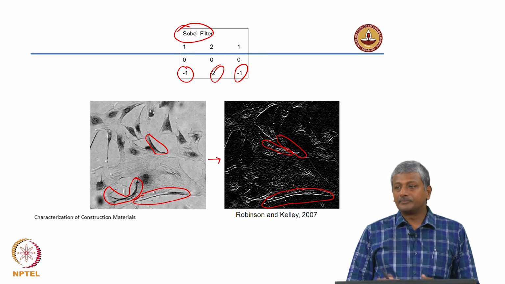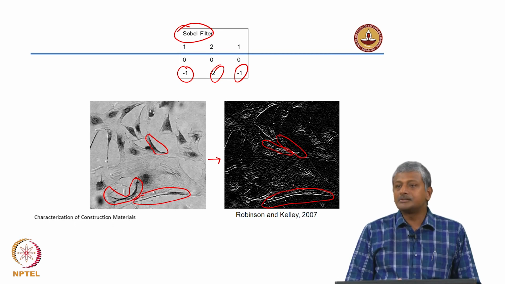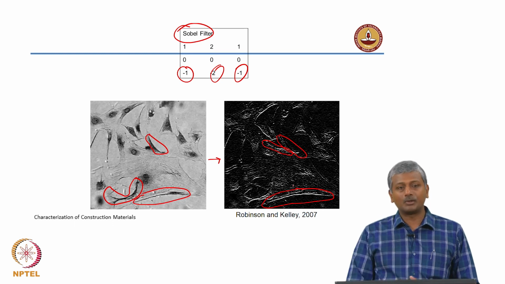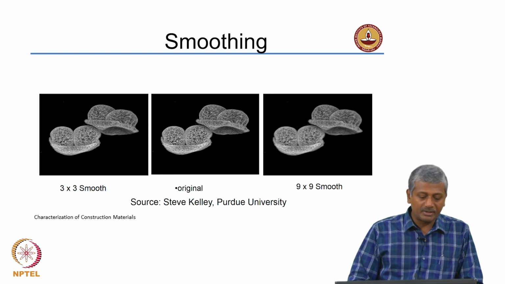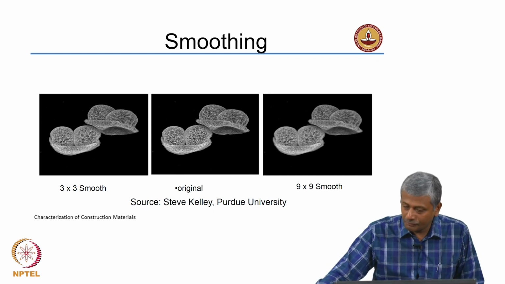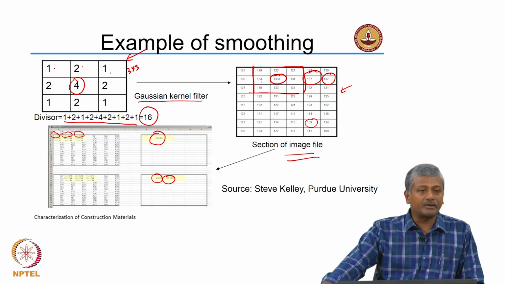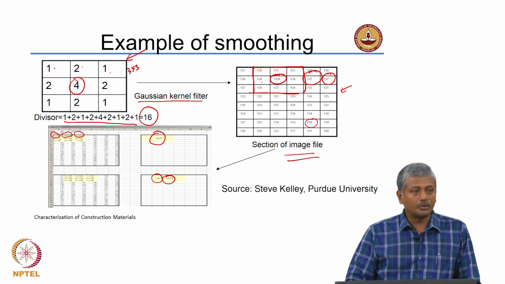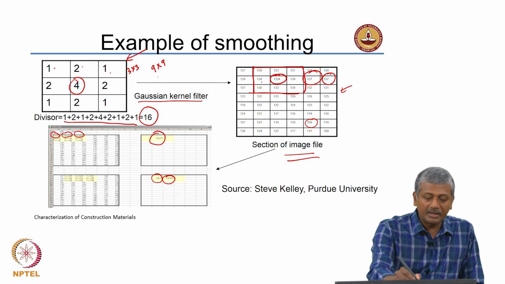So, with the choice of mathematical matrices, kernels, you can now modify your image to get the kind of accentuation in different phases that you want. Another example of smoothing is given here. If you remember, I told you that the kernel is a matrix, right. In this case we had a 3 by 3 matrix. Now, if you have to do a further extent of smoothing, what will you do? You may increase the size of the matrix. So, instead of a 3 by 3, you can use a 9 by 9 matrix.